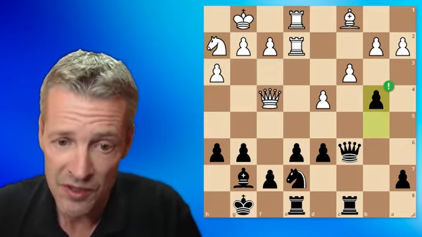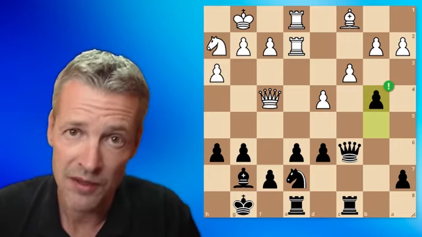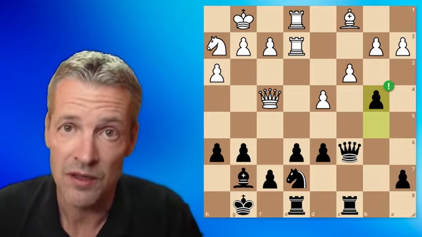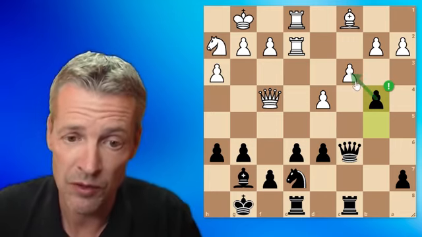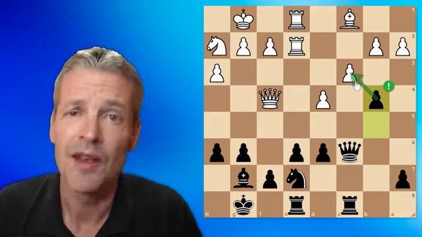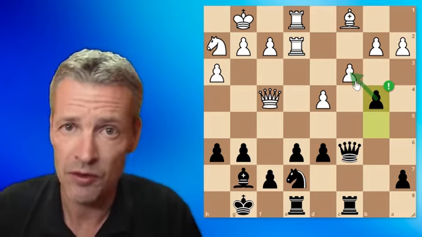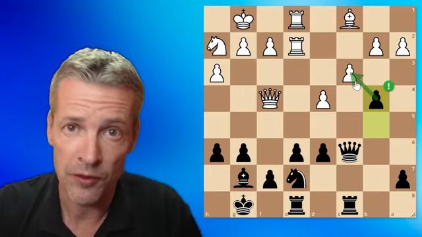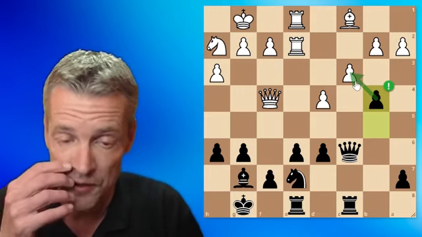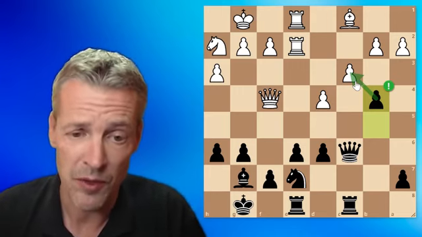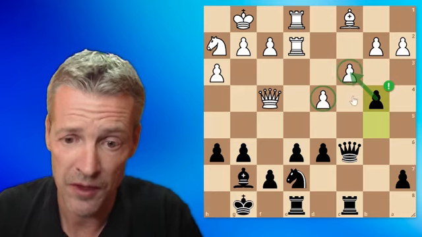Very good move, because you can see that no matter how white reacts, there will be some kind of weakness emerging in their camp. This is a typical way in which the minority attack works. The minority advances and there is a pawn trade, and after that the opponent ends up with a weakness either on d4 or on c3. In this game,